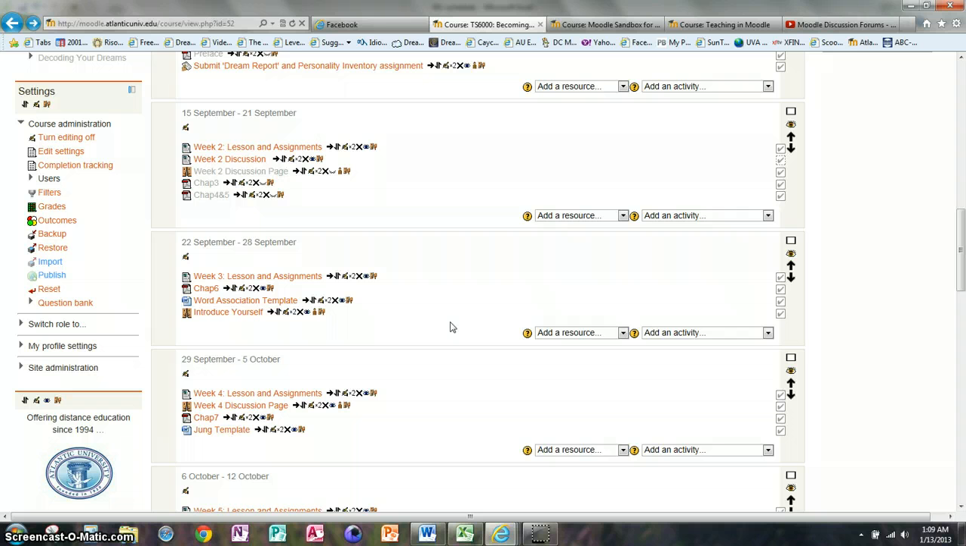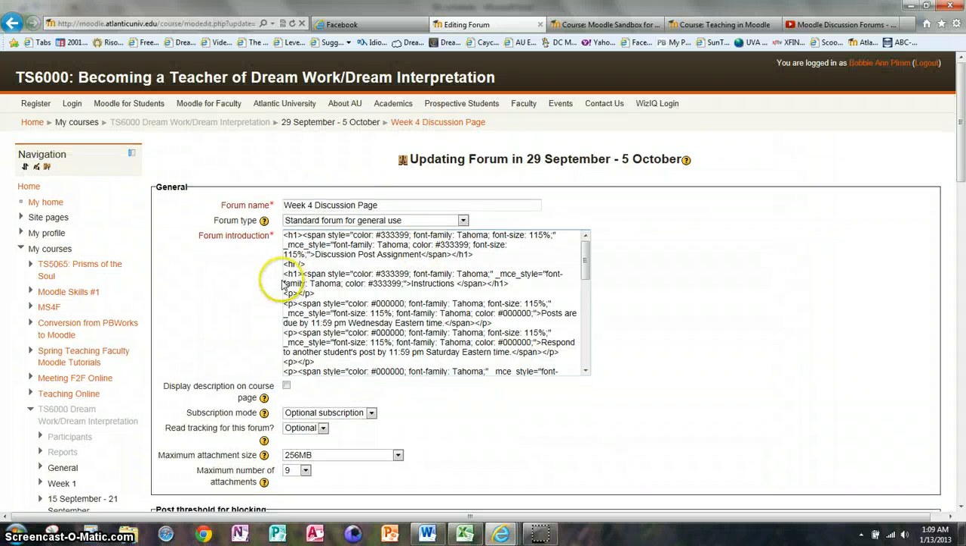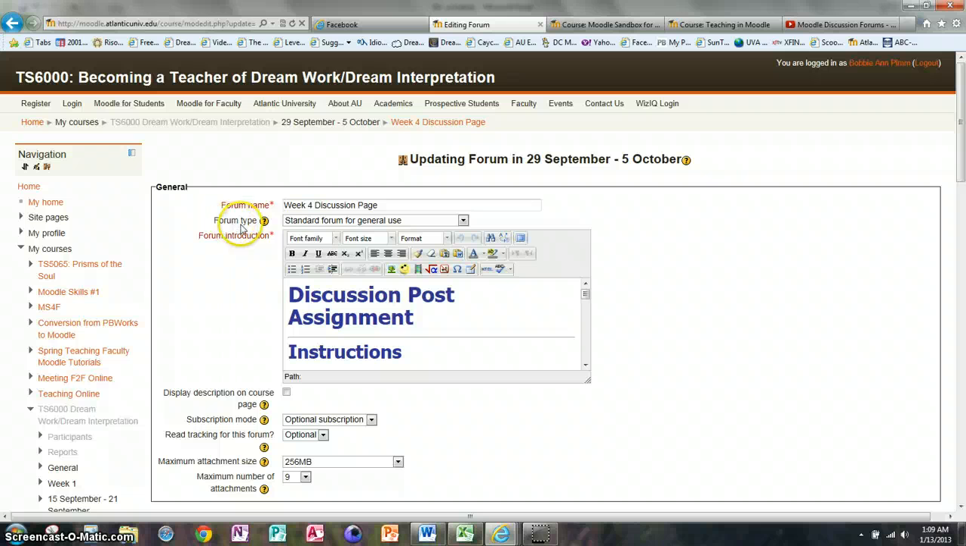by the same token, you always can change them before the next semester, before the class is taught in the next semester. So let me just go through it so that you can see how it is done. Like I said, the discussion on week 4 here has not been set up yet. So you're going to choose the type here, forum type, and the default is the standard forum for general use,